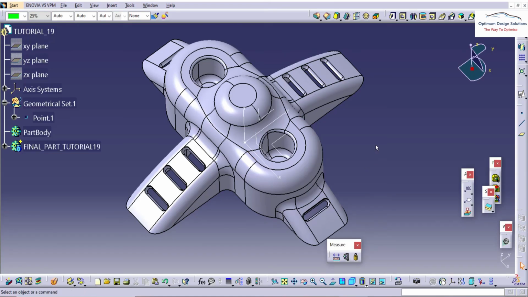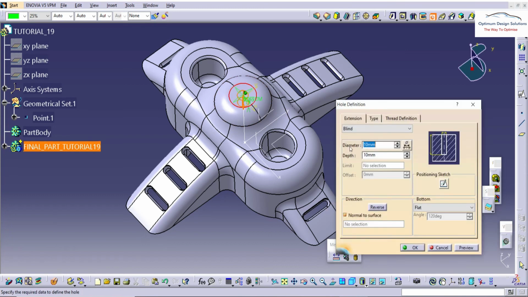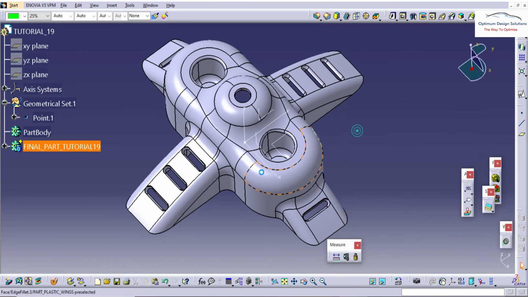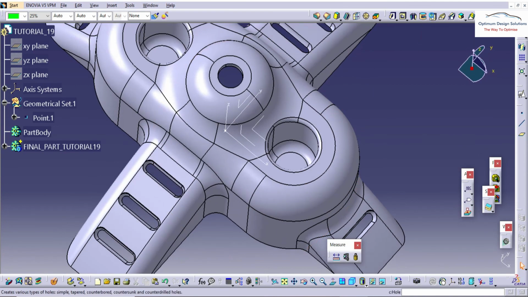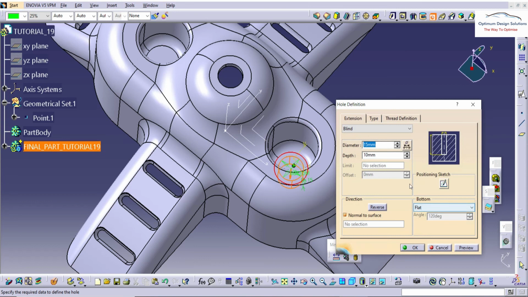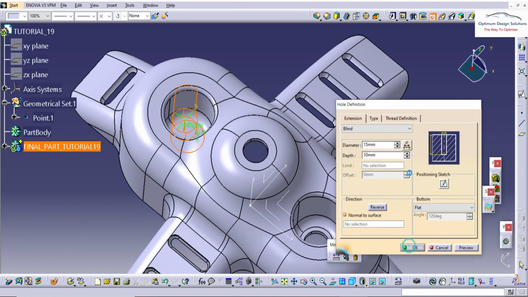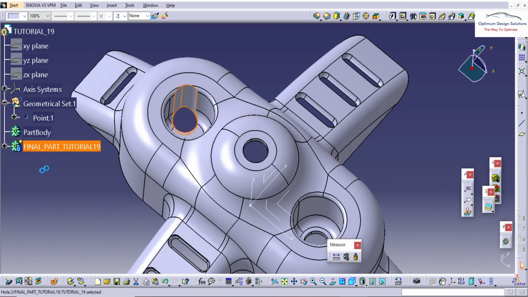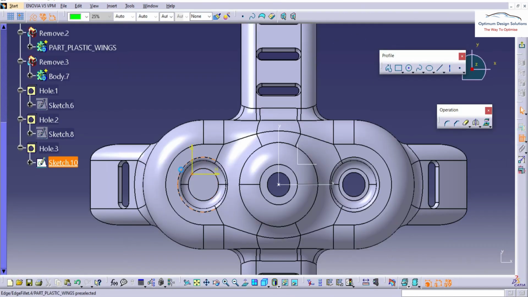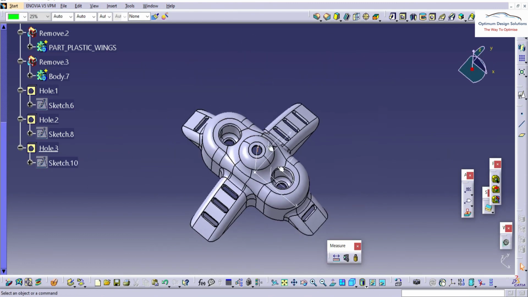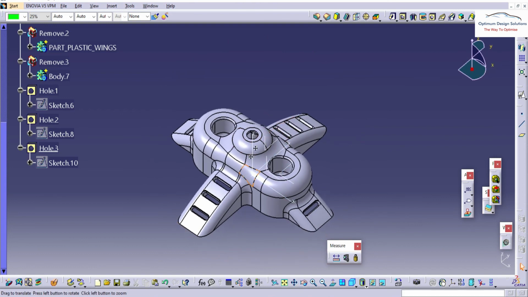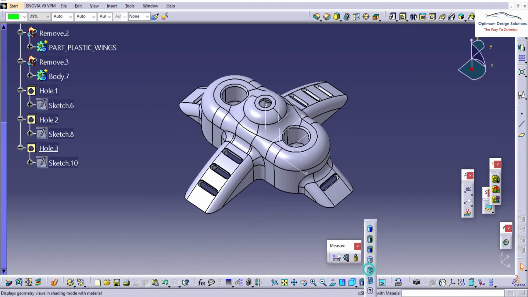So dimensions are not given, we'll consider 15 mm. So either you can do the pad and remove that body from the final body also, or, as it is almost the final operation, you can use the pocket command also. Some students are asking me why the pocket command is not used. It is not good practice to use the pocket command in boolean operations, but if the operation is almost final, then you can use it.